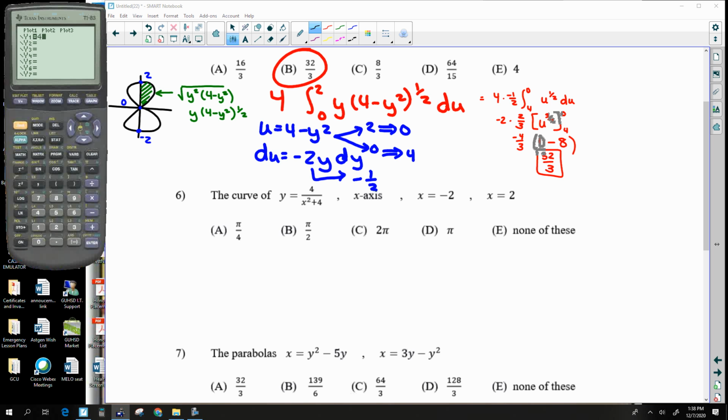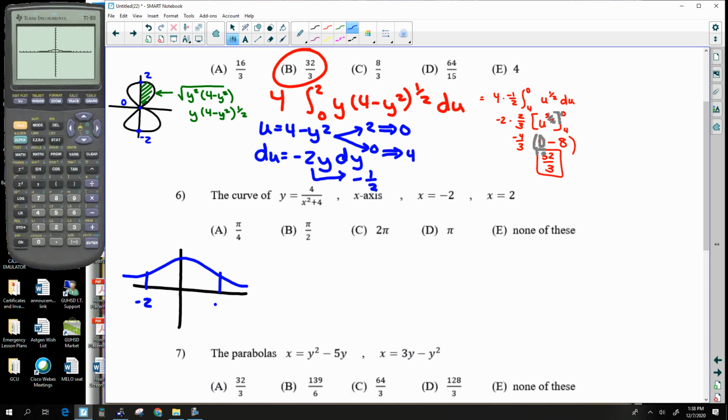So this is going to be 4 divided by x squared plus 4. Okay, we got this bump thing. Oh, I know what we're doing now. Oh, this from -2 to 2. All right, so what I see this as